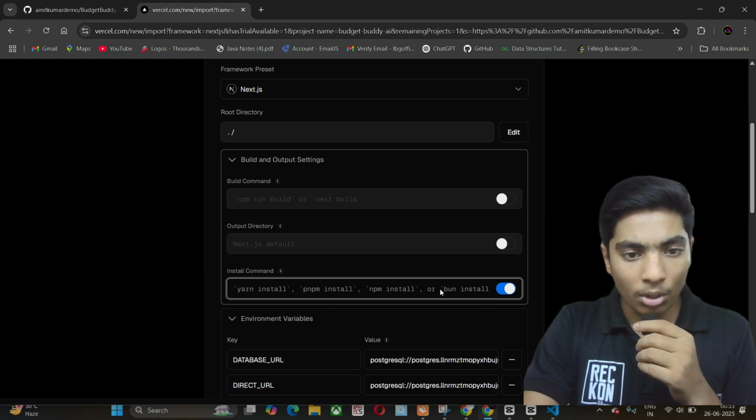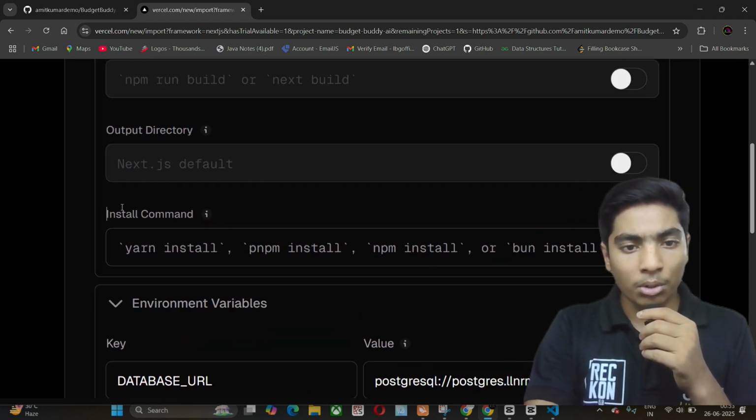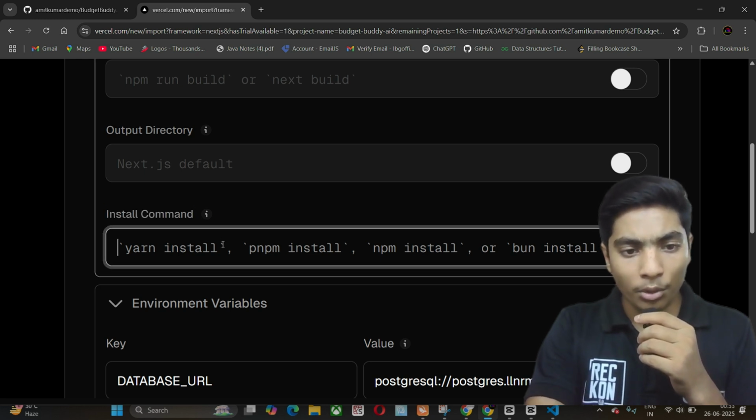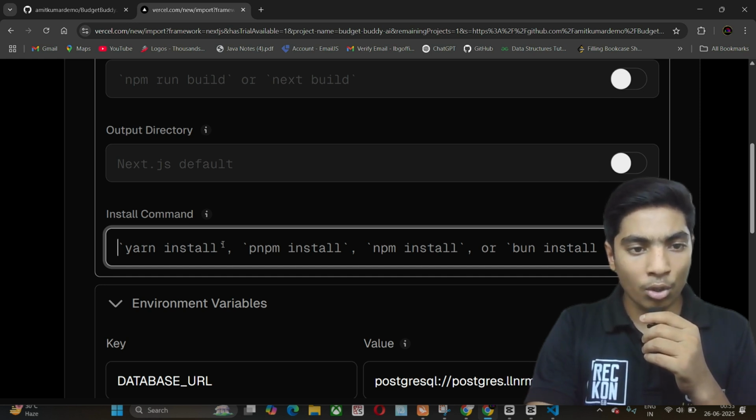Now click on build and output settings. If you build in React, you know the installation process. Here you can see, I'll zoom in, the install command.